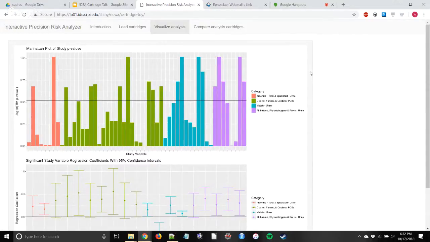So the green ones are the risk factors that are dioxins, furans, and coplanar PCBs, and in NHANES it just turns out that there's a lot of those. So that category is larger than the category of phthalates. No, we're using all the variables we have access to, and that just happens to be a lot of dioxins.